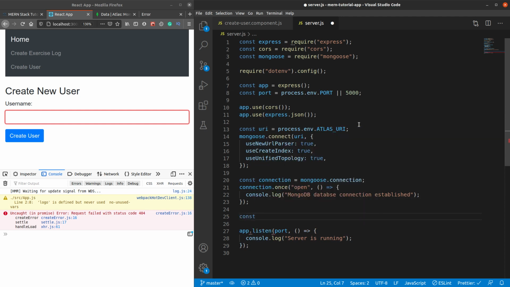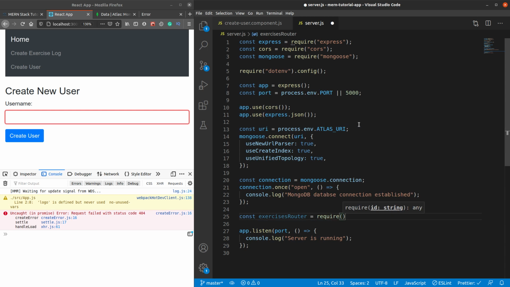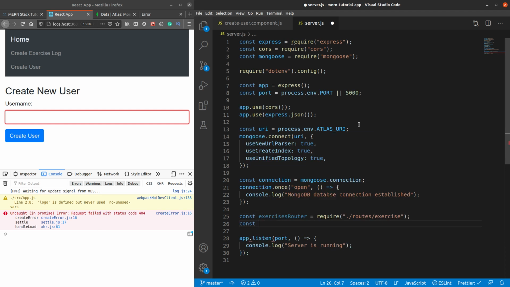We'll set the exercises router equal to require routers exercises. Okay, so we have imported this exercise routing in our server side code, the server.js.